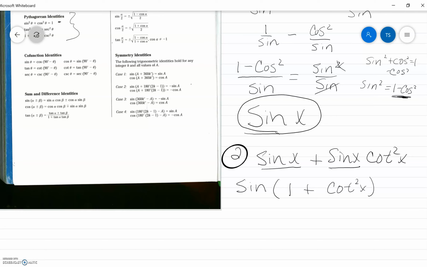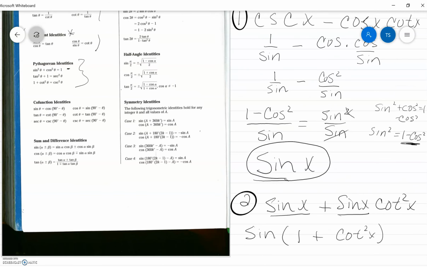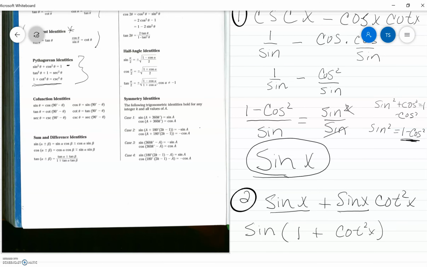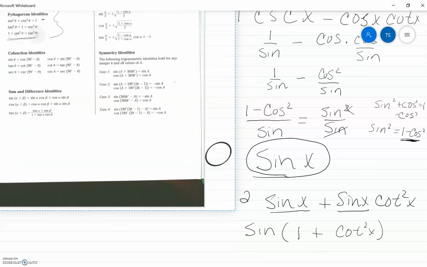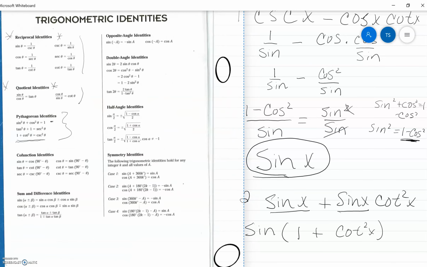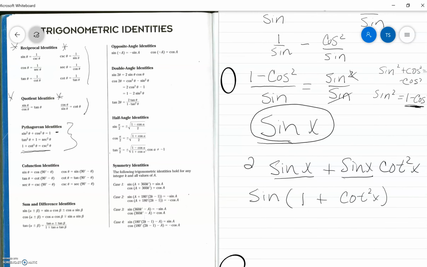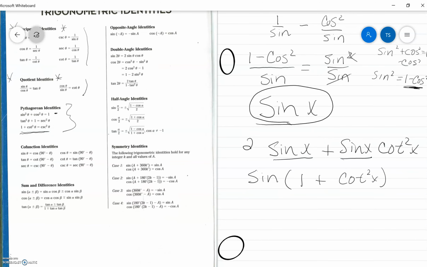And then I'm going, I see some squared things, and I'm going to go back and I'm going to look at those Pythagorean identities. Well, 1 plus cotangent squared, that's this third one right here. What does it equal? I don't even need to manipulate it. That identity itself is